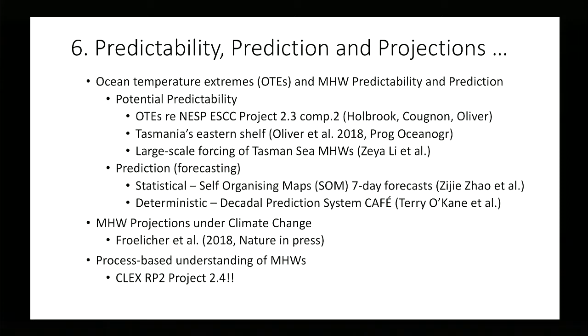There's some work done on the Eastern Shelf using a shelf model in Progress in Oceanography, looking at overall predictability of marine heat waves. There's, as I said, an honours student working on large-scale forcing of Tasman marine heat waves, where we're looking at the role of Rossby waves. And then ZGA has been doing some work looking at self-organising maps and how eddies can be used as predictors in the East Australian Current tracking southwards for marine heat wave likelihood on sort of 7-day forecast timescales. There's been some work done by Thomas Froelicher and others. I believe there's a Nature paper in press. I haven't seen it yet, looking at projections under climate change.